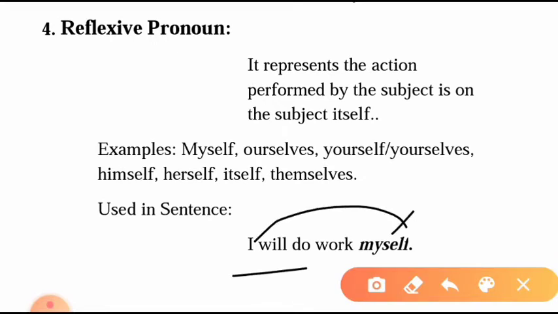So when you're talking about reflexive pronoun, the reflexive pronoun will be according to the subject in a sentence. So here I is the subjective pronoun. So the reflexive pronoun will be according to the subjective pronoun. So this is how you can make a reflexive pronoun. Usually the place of the reflexive pronoun is at the object.